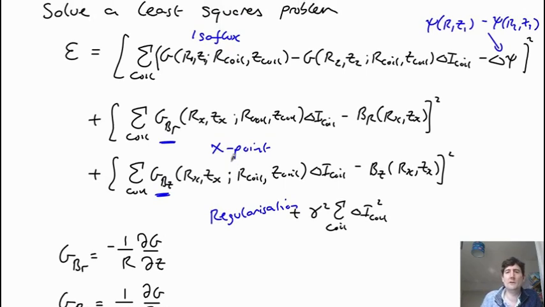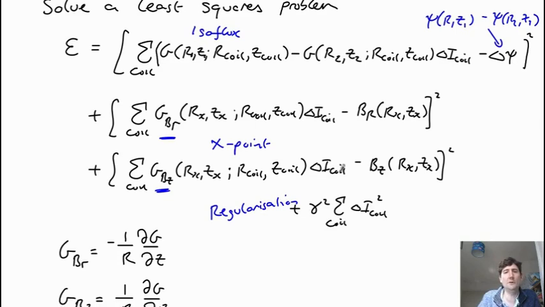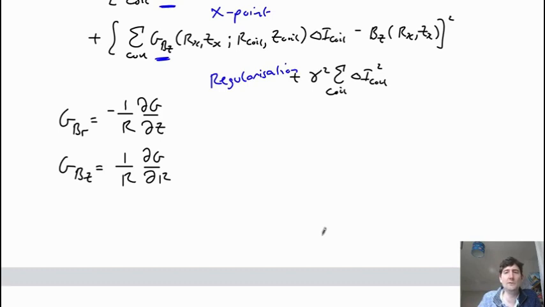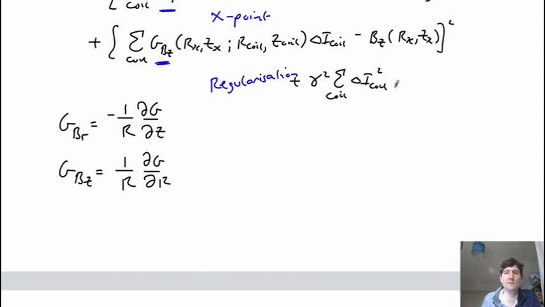So this problem can be minimized using a matrix inversion. Essentially you write this as a matrix equation for delta I coil. In general, it's a non-square matrix, so you just take the transpose and multiply through by the transpose, and that gets you a square matrix to invert. And by changing this regularization, you can make it a well-posed problem. Okay, so that's two components. This tells you what the change in the currents has to be to get the x-points at a given location, or to constrain the shape of the plasma.